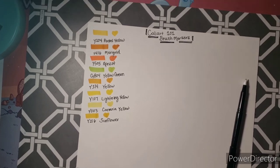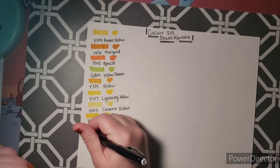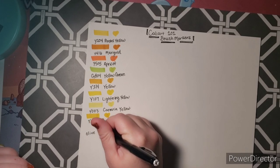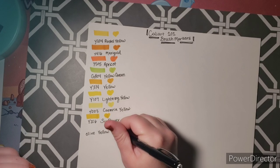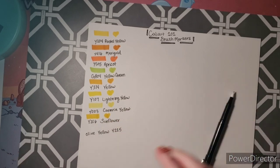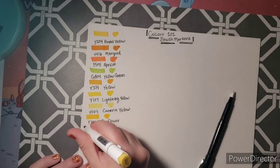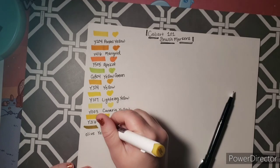Oh, this one maybe. This one is an olive yellow. And I didn't put the number first. Y225. So to me, this doesn't look like yellow, but